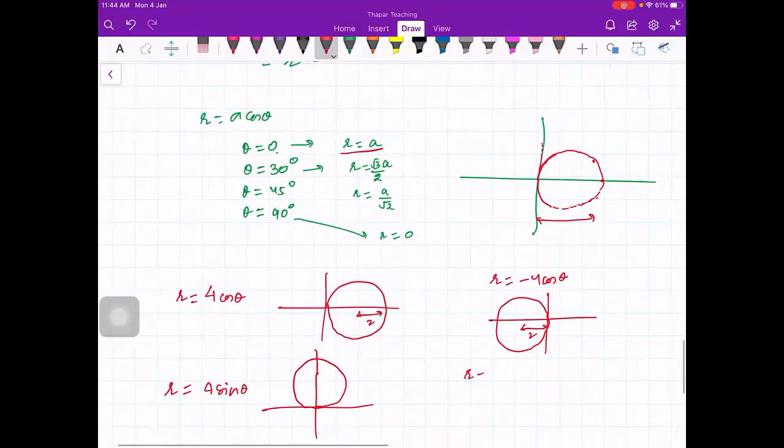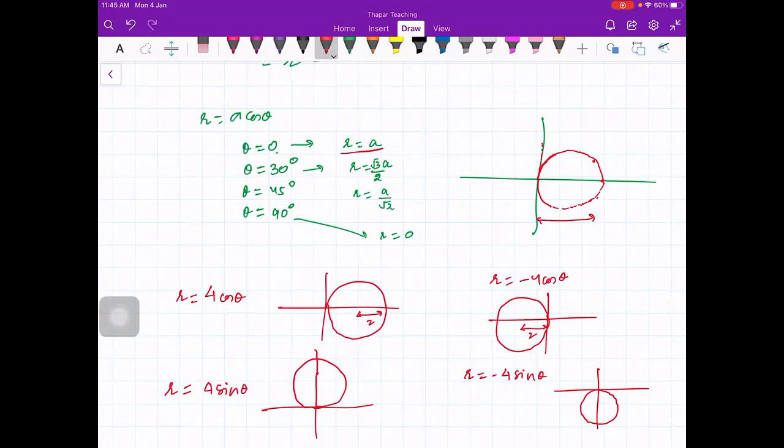And if you have r is equal to minus 4 sin theta, because most of the times you will get a question like, first plot the curve and then find out the area or something like that. We were doing this chapter of multiple integrals where we were finding the areas and the volumes. In that chapter we are plotting these curves. So the main aim is not to plot, but to find out the areas, which we will be doing later on. So in the exam you will get this question that first plot the curve, so you have to follow the steps which I have told you in last lectures.